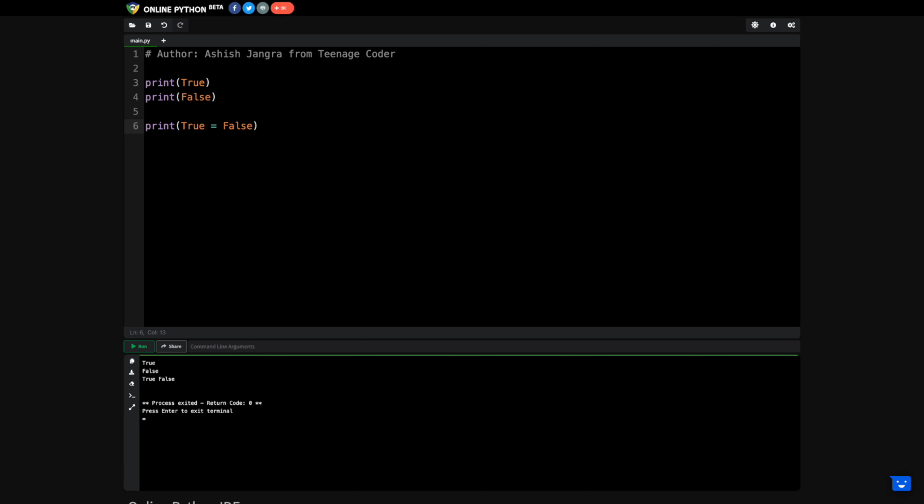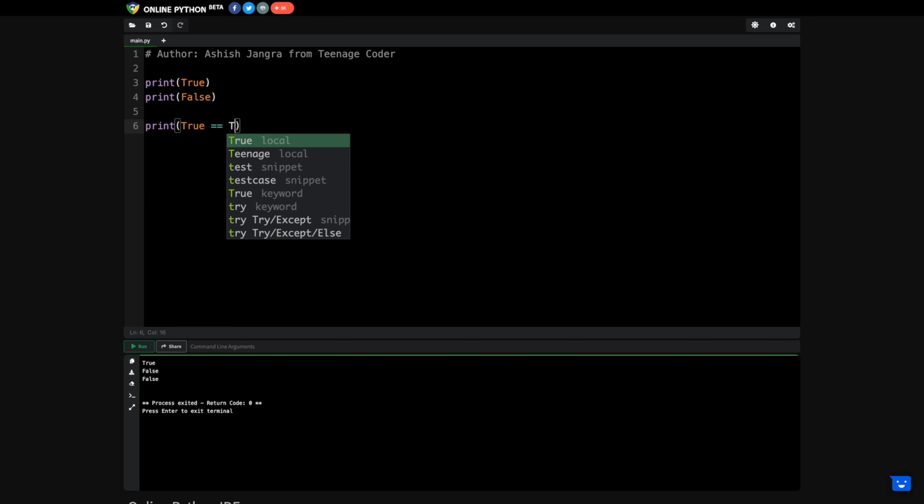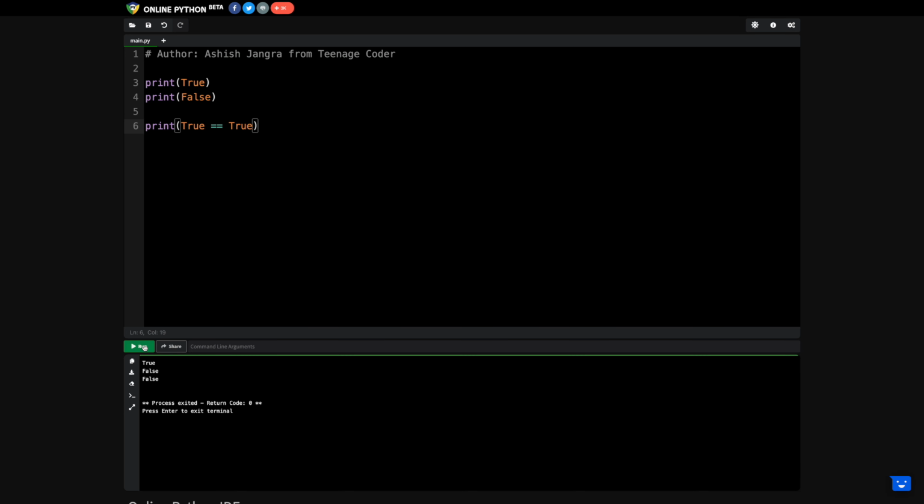But if I'm using double equals, it will compare whether the value at the left hand side is equal to the right hand side or not. Clear? And now if we execute it, here you can see I'm getting False, because the value at the left hand side and the value at the right hand side are totally different values. What if I write True and execute it? If both the values are True, you are getting True.